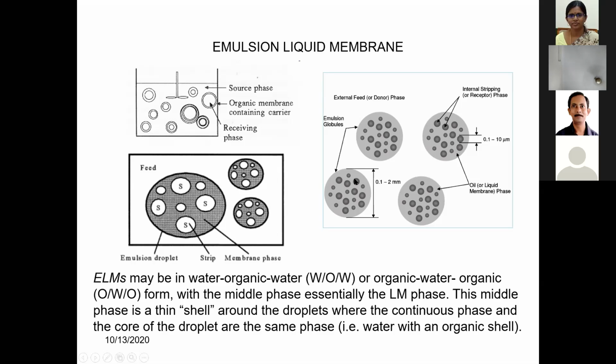Okay, so you can separate the compound which is in the feed phase into the source phase. The feed phase volume will be large and the source phase volume will be very small. Thereby you can separate and concentrate. That could be possible. In the membrane phase, you can keep your ligands or ionic liquid or any other carrier material so that it will extract and it will